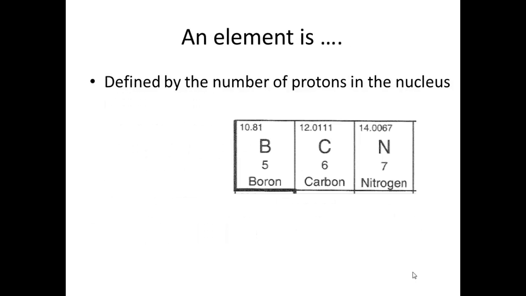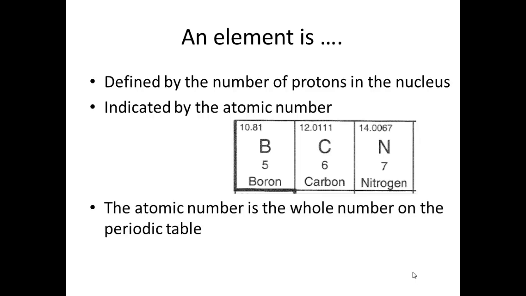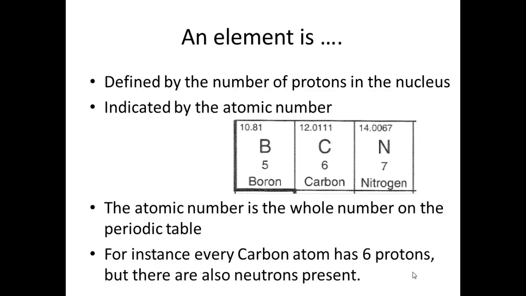an element is defined by the number of protons in the nucleus. We've talked about this extensively, indicated by the atomic number. So the atomic number, remember, is the whole number in the periodic table. Let's write that. Every carbon has 6 protons. Can you write this? If you guys need to take this down,